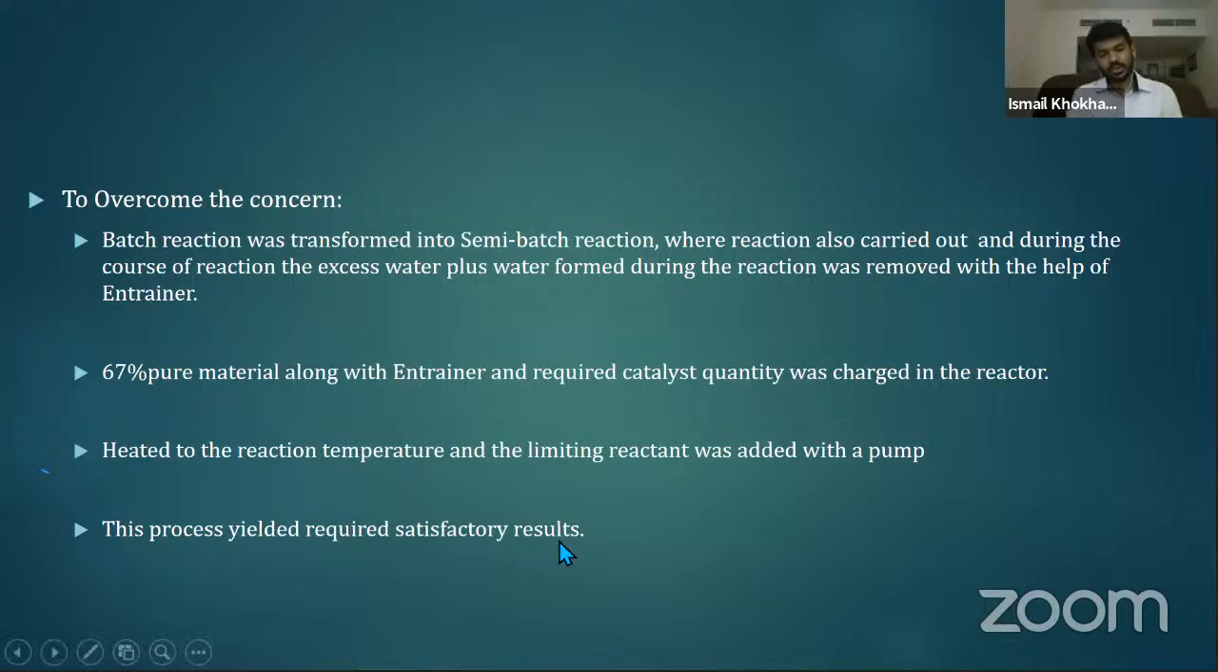Initially this was done in a batch reaction. So we transformed this batch reaction into a semi-batch reaction, where during the course of the reaction, the excess water present in the system with the product, that is the azeotrope, plus the water formed during the reaction was removed with the help of a common entrainer. Now this entrainer and the entrainer used in the distillation column to avoid the loss of the product was the same. So make sure that the entrainer you are using in the entire system should be a single solvent method. So we used the same entrainer here and made sure that